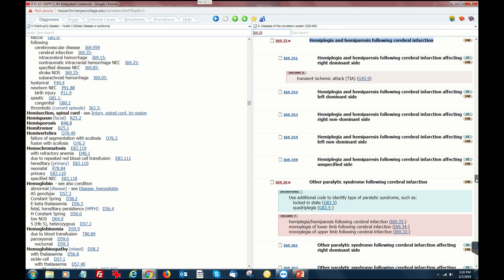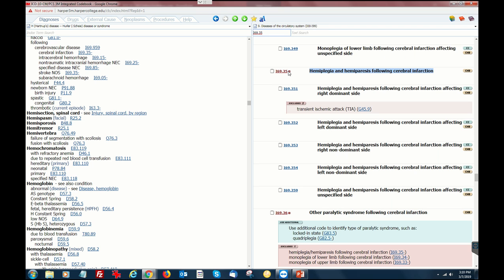We're not done coding that. As you can see, there's a little plus here. Following cerebral infarction, in our scenario, it said the right side. So according to the guideline, and I will be going back over this, the way we figure out dominance is, it's assumed to be right-handed dominance if it's not marked anywhere. This is marked as a right, so we know it's the right dominant side. So it's going to be the